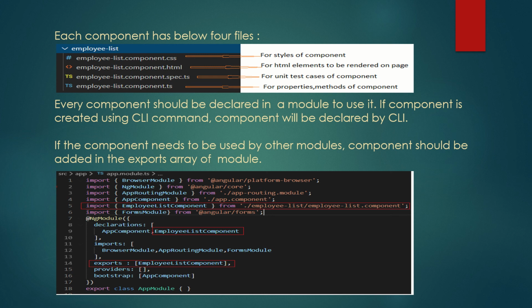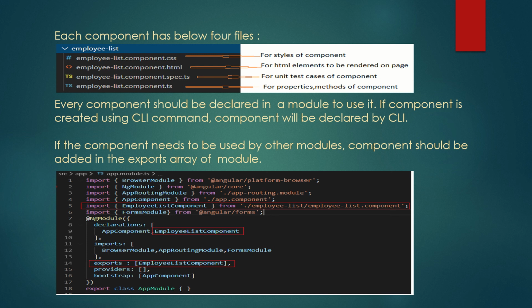Once this component is created, it should be added to the module declarations array if we want to use that component within that module. If the component is created by using the CLI command, it is automatically added to this declarations array.